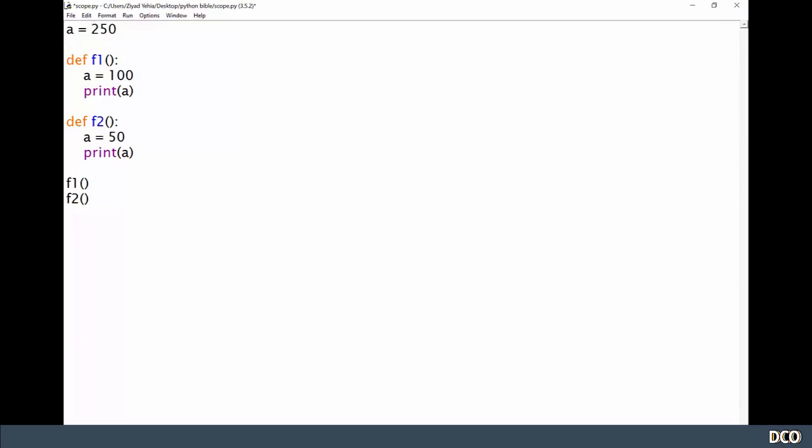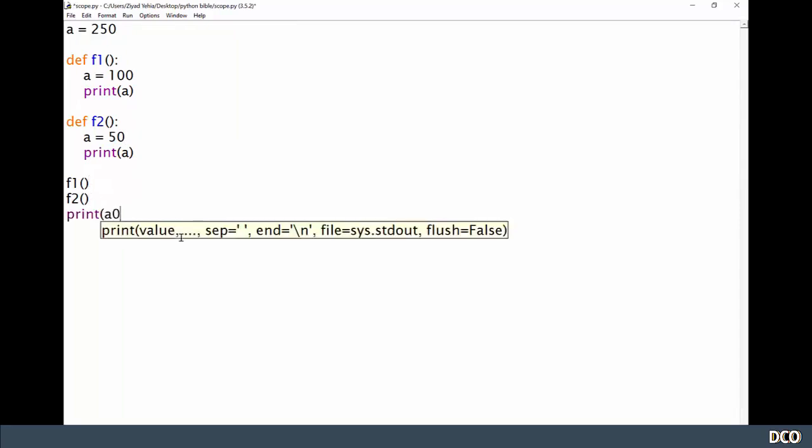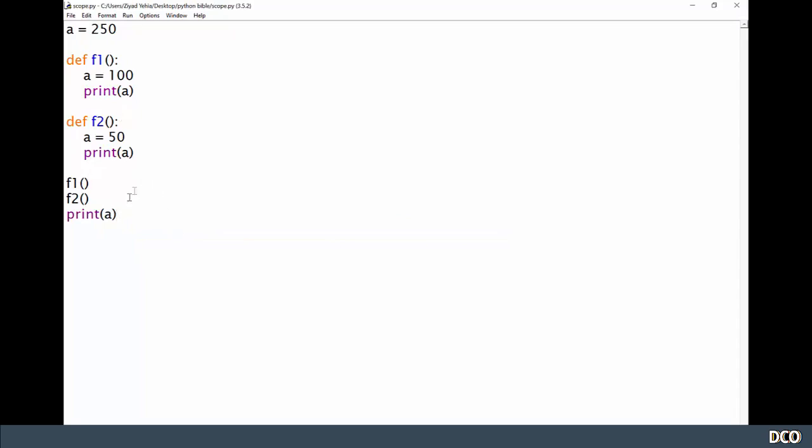Okay, and I redefine A in each of the local scopes. So I say A equals 250, then in F1 I say A is 100, and in F2 I say A is 50. Now I'm going to run function 1, run function 2, and I'm also going to print A, so whatever A is finally is going to be shown there. Now when I run this,